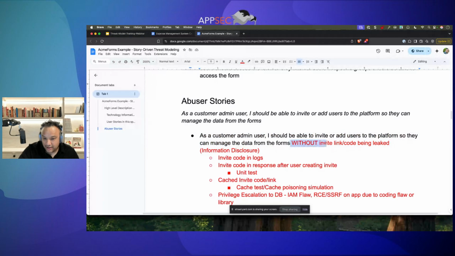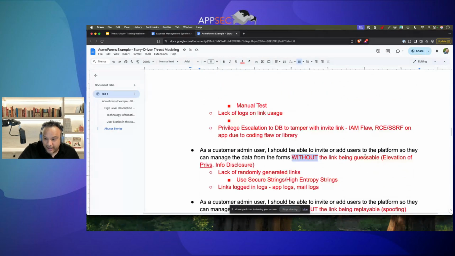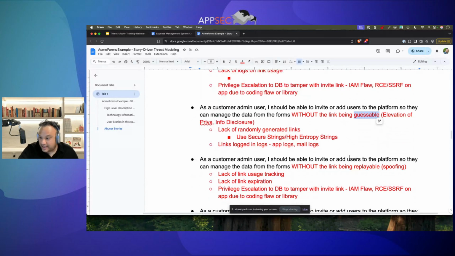So I've captured this as an abuser story. I have captured another abuser story: without invalid or expired links working, right? Or without the link being guessable. So you will see that these actually work like security acceptance tests, right? The idea of doing this is that it becomes a sort of security acceptance test. So you can literally hand this off to a tester and say, test for all these conditions, and if there are any issues, then there is a security bug within the same sprint,